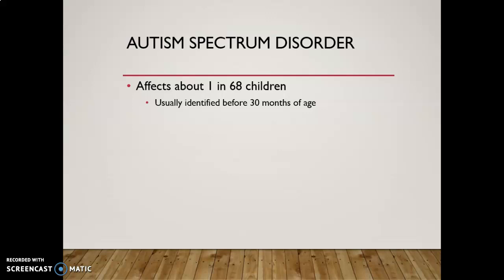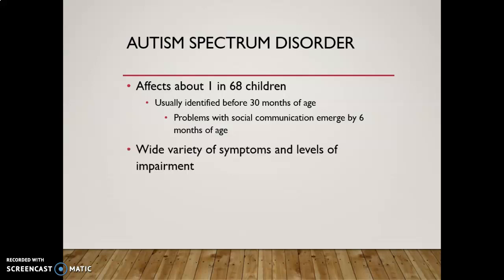because a lot of autism is problems with social communication. Problems with communicating with others. And in fact, very often, these problems, which can range from things like not making eye contact. Babies make eye contact, but babies who go on to develop autism do so less. And this starts to emerge pretty quickly, by about 6 months of age, and often becomes even more obvious between 12 and 24 months. There's a very wide variety of symptoms and levels of impairment that I pointed out,